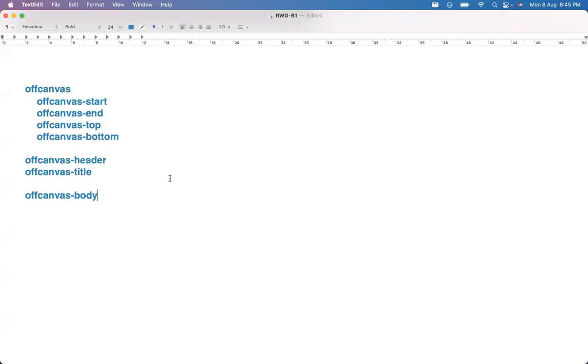Generally, you can place some unordered lists, or you can place some dropdowns. You can use whatever content you want. But here I'm going to explain how to create such an off canvas, and you can keep whatever content you want inside of the off canvas regarding your requirement. Here we are going to use just 1, 2, 3, and 4 classes to create the off canvas. So without delay, let us